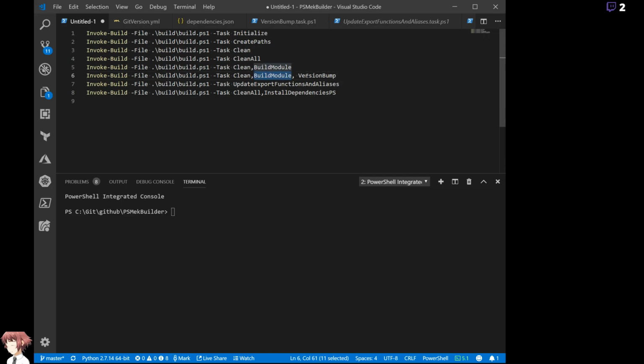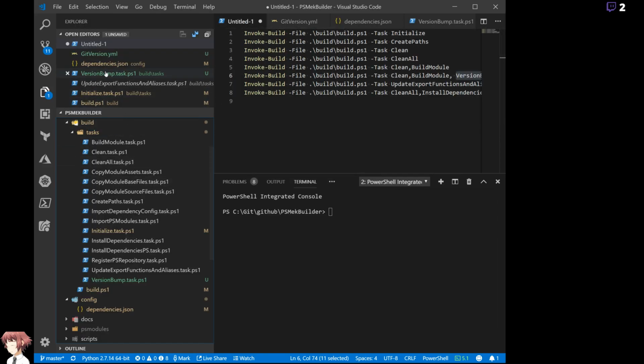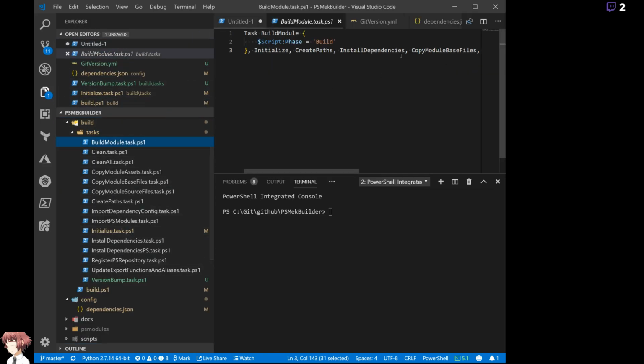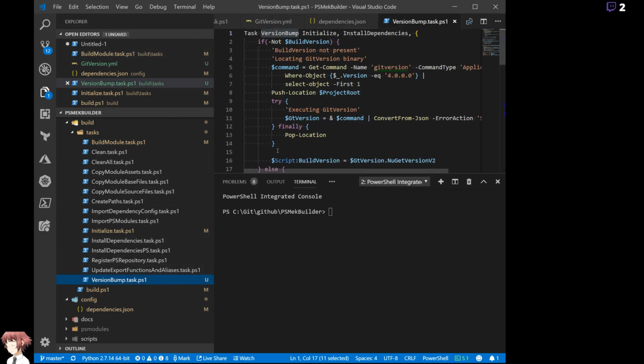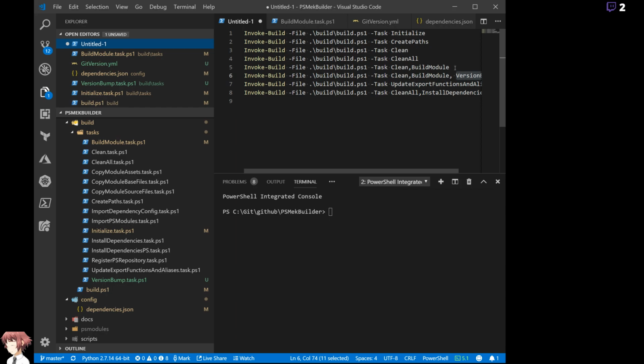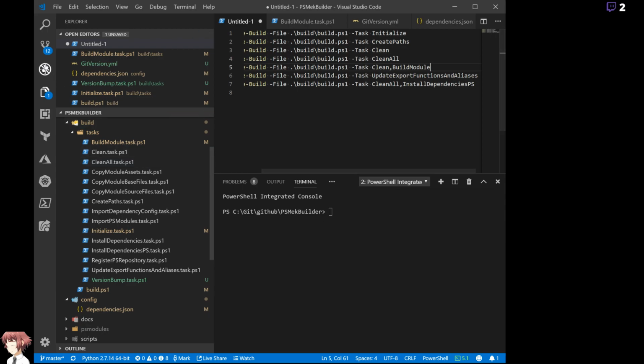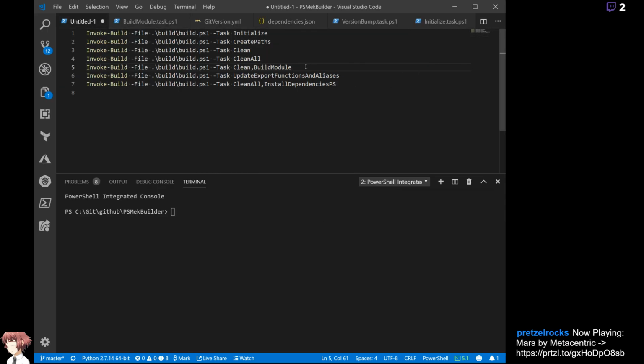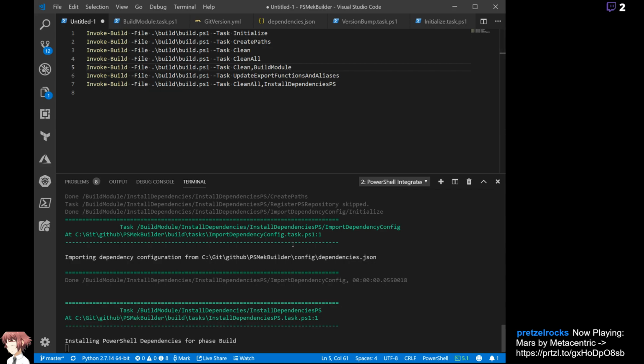I think I should just add version bump to the end of build module. I'll do that first. Build module, version bump. All right. So now I don't need to do this line at all. So we'll run this and get a nice clean build of the module and see if it does our module version for us, to make sure that the